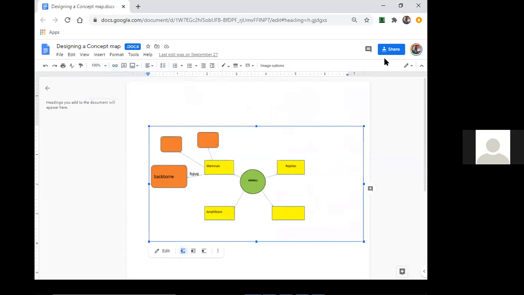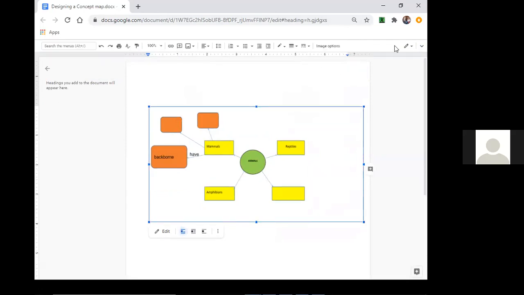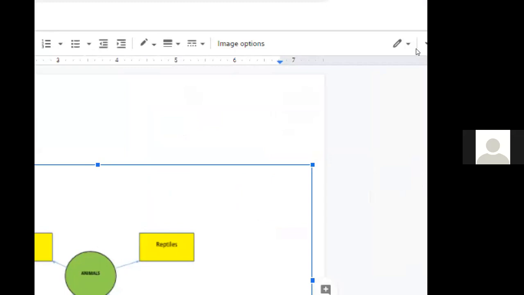For example, maybe I could just zoom in a little bit on this one. Awesome.